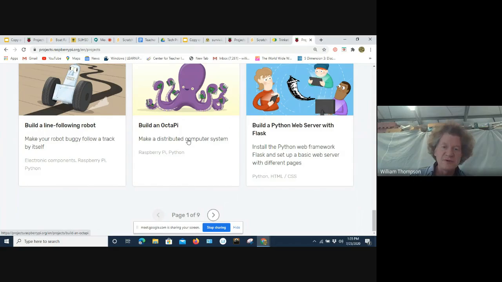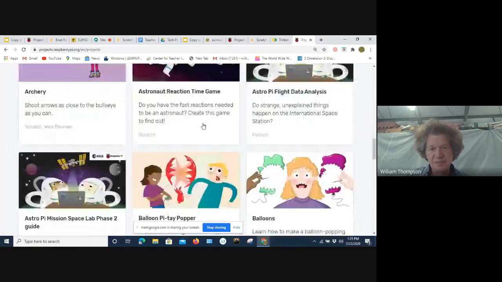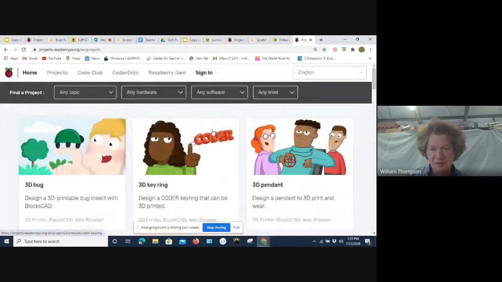So this one, for example, build your own Octapi would be a fairly sophisticated activity. What they're doing here is taking 8 separate Raspberry Pi computers and networking them together into a mini supercomputer. But most of the activities are pretty easy. Even a middle school or elementary school student could probably do them on their own.